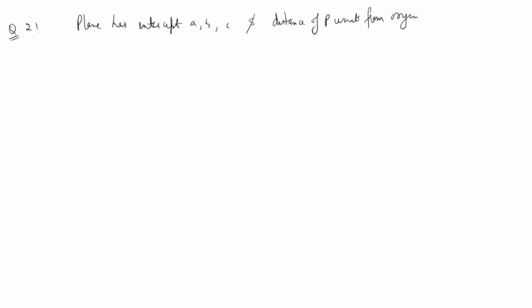Now question number 21 says, prove that if a plane has intercepts a, b, c and is at a distance of p units from the origin, then show that 1 upon a square plus 1 upon b square plus 1 upon c square is equal to 1 upon p square. Okay, so you know that the equation of a plane